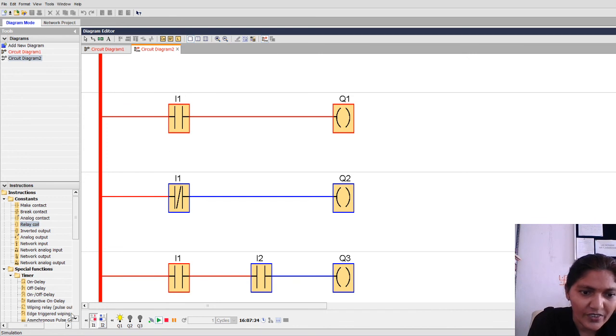For input 0, output will be 0 for the buffer gate, and for input 0, output will be 1 for a NOT gate. Next, when input is 1, the buffer gate output will be 1, and the NOT gate output will be 0. Look here at the bulbs. Q1 bulb will be on, Q2 bulb will be in an off state. So this is the NOT gate operation.